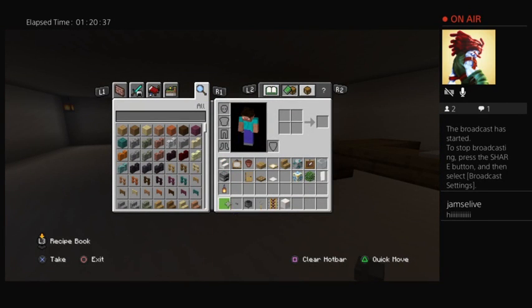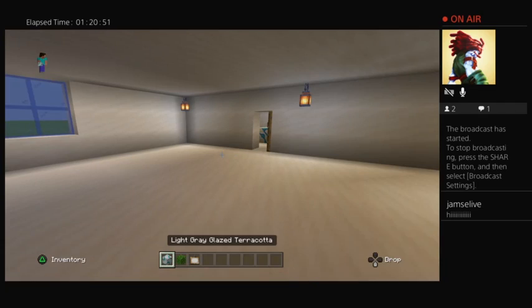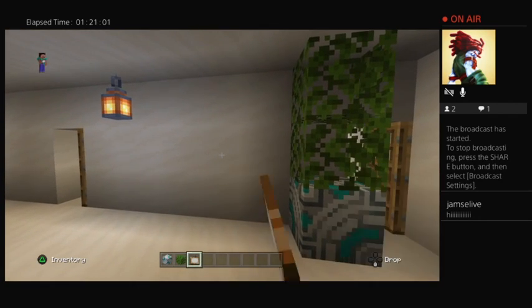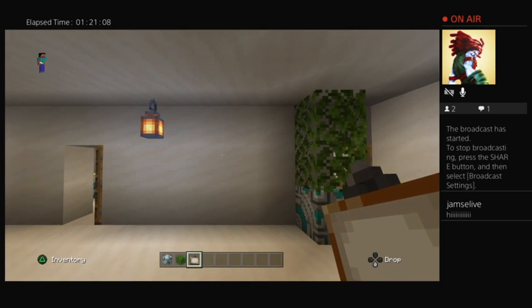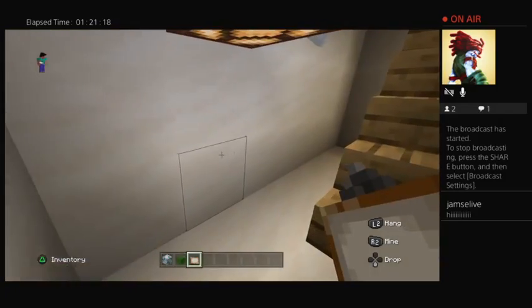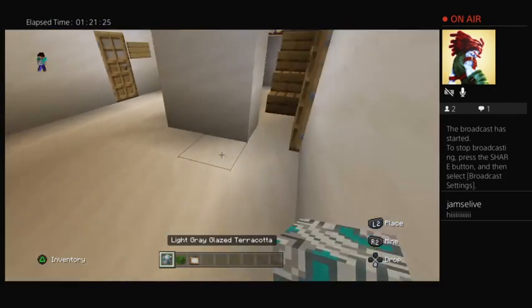Okay, so now we're going to finish up the entire inside of the apartments by using glazed terracotta, leaves, paintings. On each floor, you want to place a potted plant. And, oh hang on. I don't get that. It's like the painting's not going to work. But basically, all you're going to do is just do the whole painting thing, and it's going to continue going up, up, up,